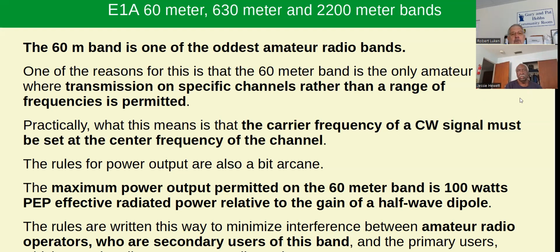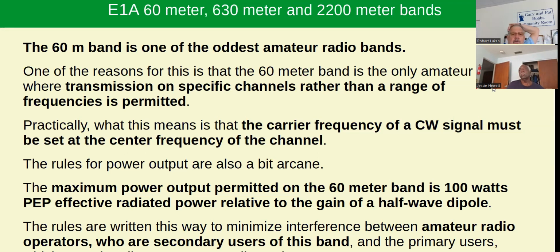For people that don't know, the 60-meter band is arranged in channels. There's what, 5 channels of, what are they? 5 or 6 kilohertz? 5.7, 5.45, and some other increment of that. And for some reason, which I didn't understand, they require you to have,